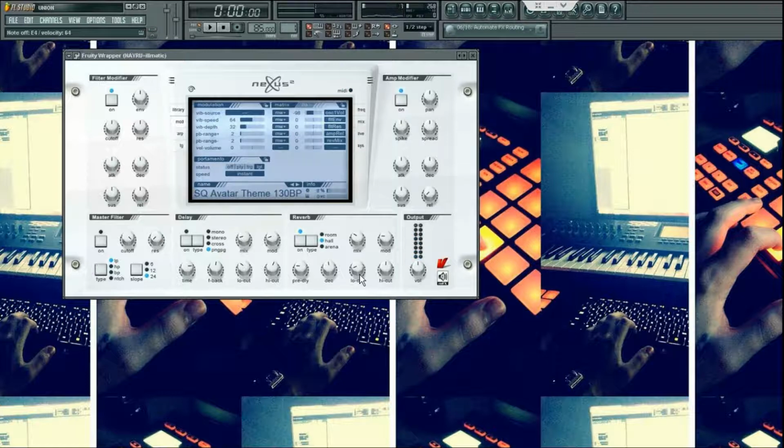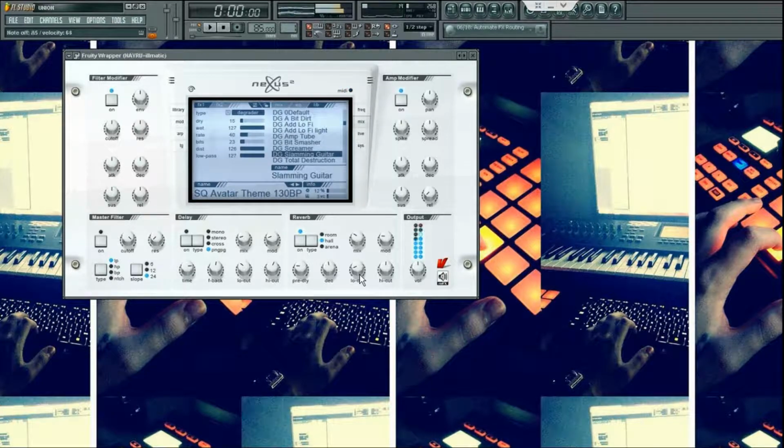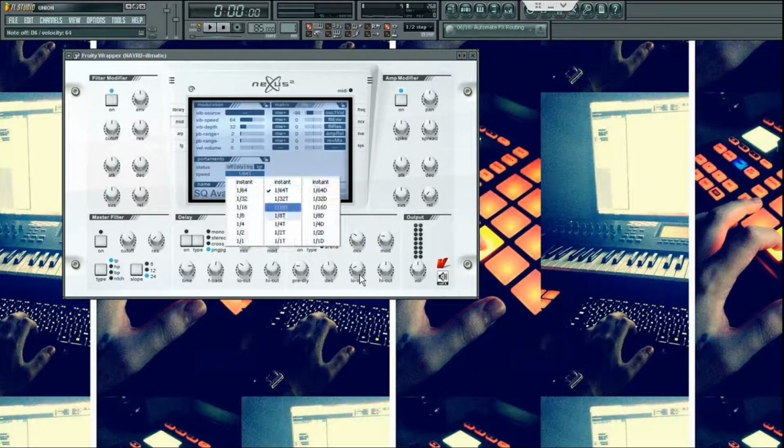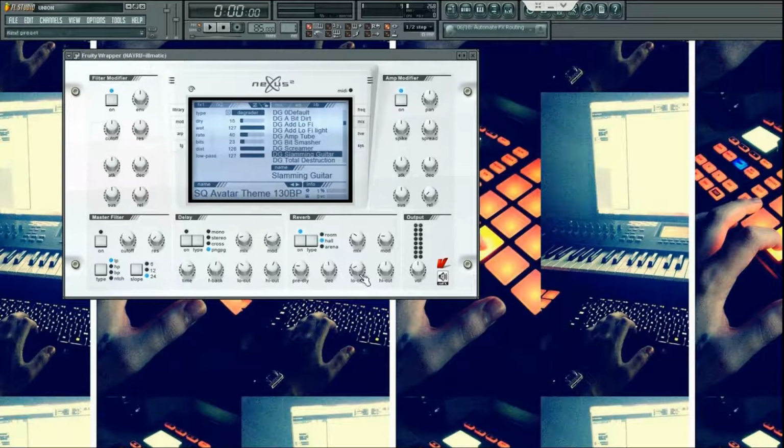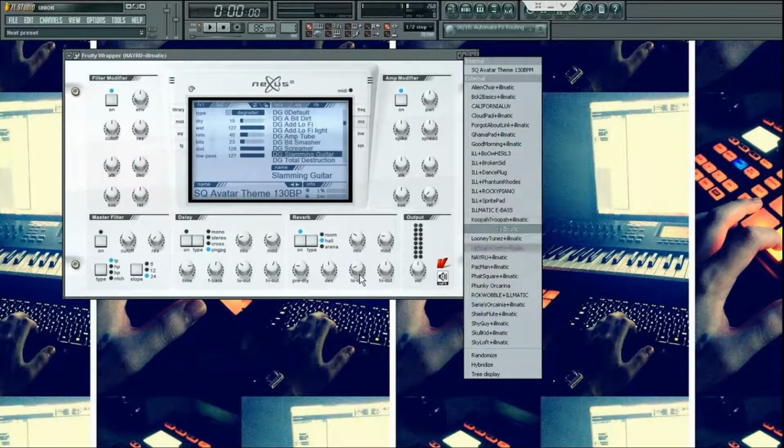This right here is called portamento, and basically what that does is you can make notes slide onto each other. Just with this tool, you have your speeds of how fast you want it to slide: instant, 1/64, 1/32. You can basically make a lead synth out of literally anything. I have my own presets up here,